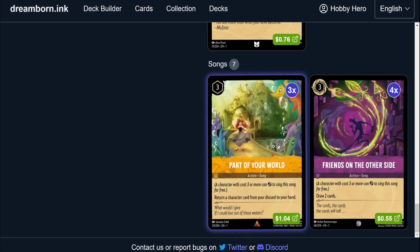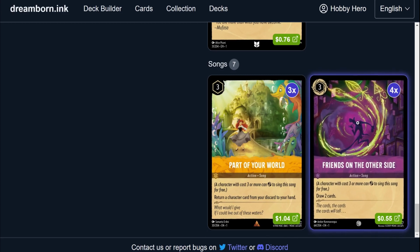Their songs, he's playing 3 of Part of Your World. Again, probably just to get the Rapunzels back and draw more cards. 4 of Friends on the Other Side. Again, no secrets there. Not a huge fan of this card in most decks, but this deck is very, very